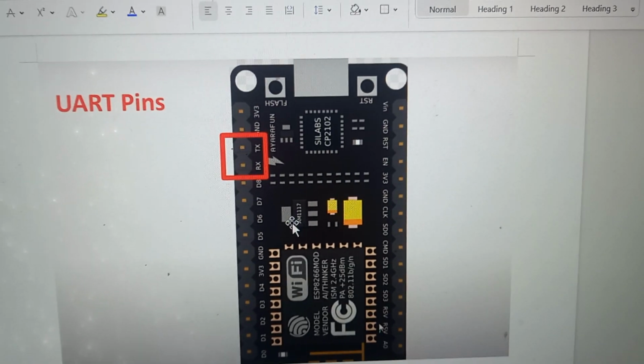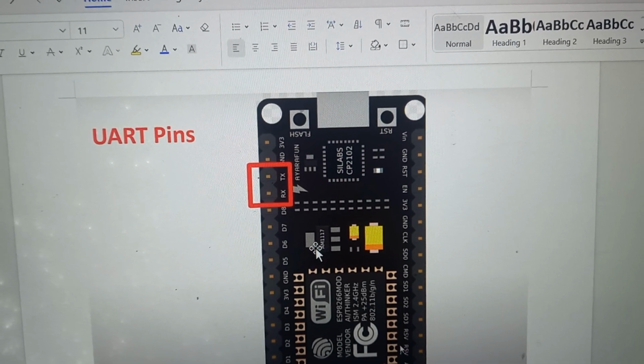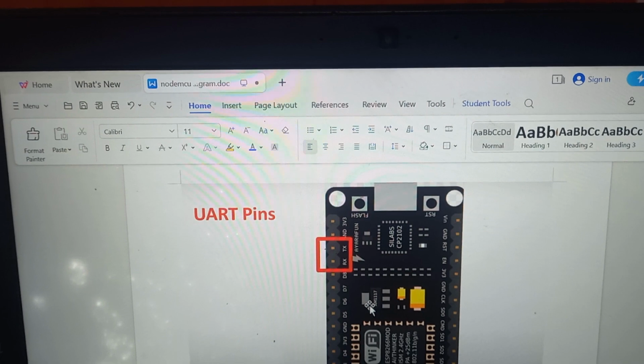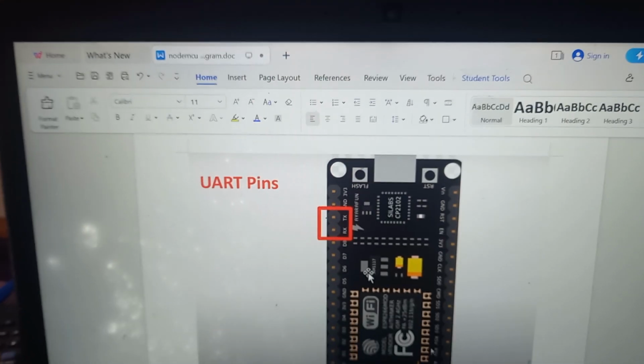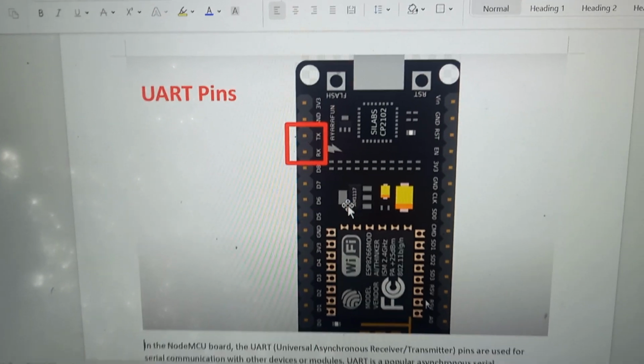Today I will explain UART pins used in Nodemcu ESP8266. So what is this UART pin and why it is used and where it is used? All these things I will explain today. So you check on the real board